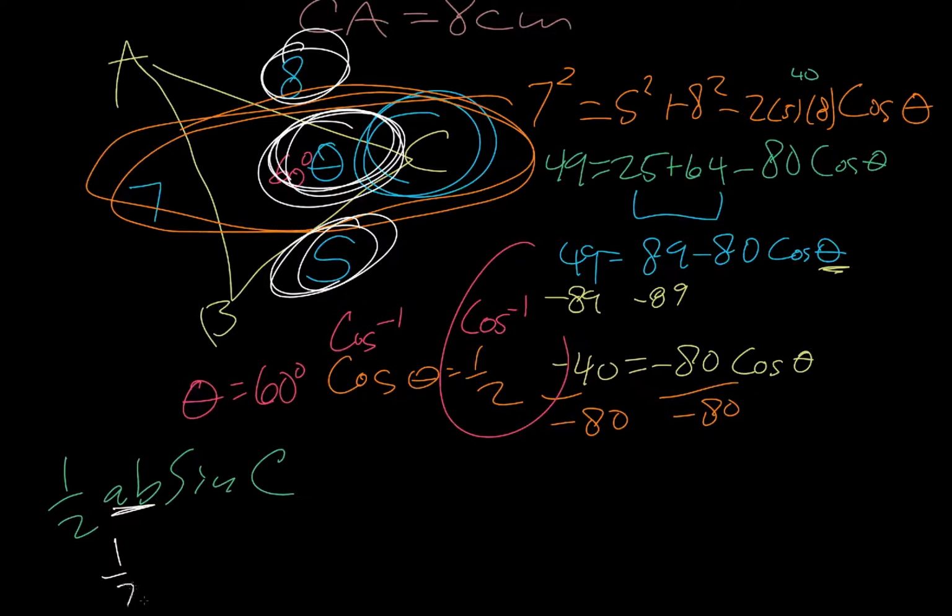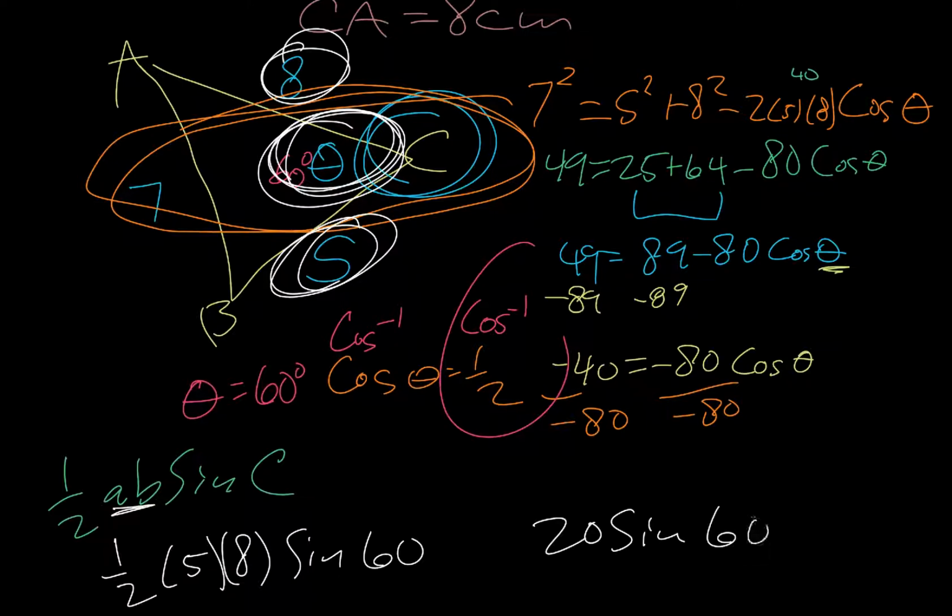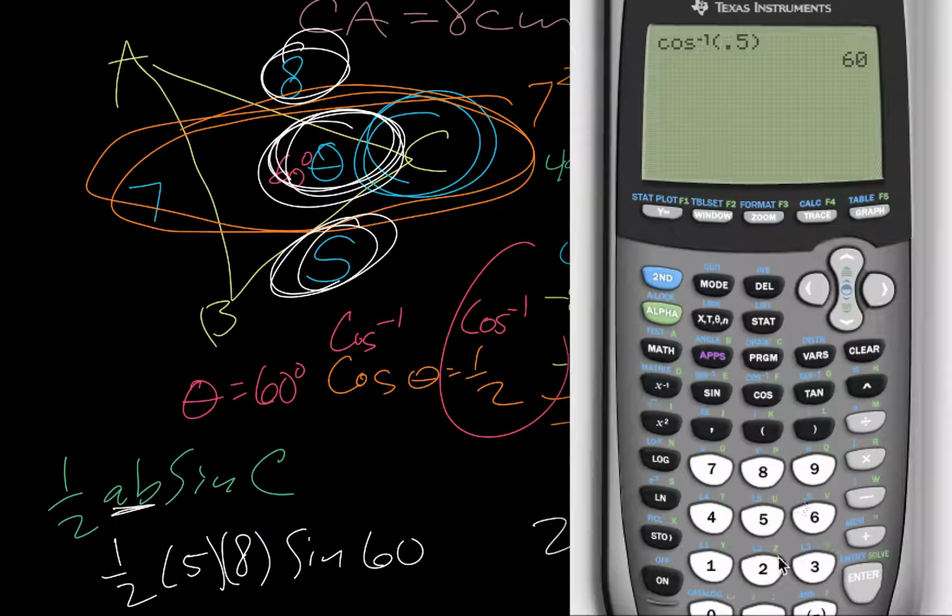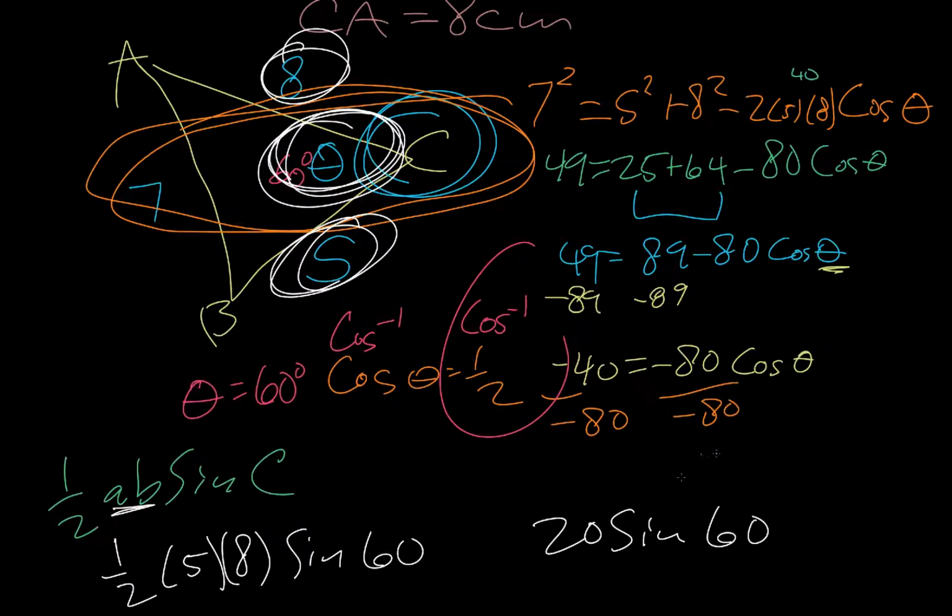So we're going to say 1/2 times 5 times 8 times sine of 60. And so if we multiply that, it's 40, cut in half is 20. So we get 20 sine 60. Go to our calculator, 20 sine 60, and we get 17.3